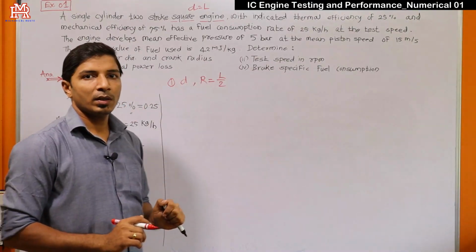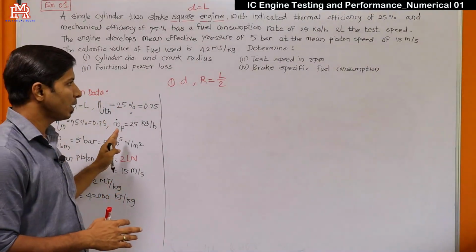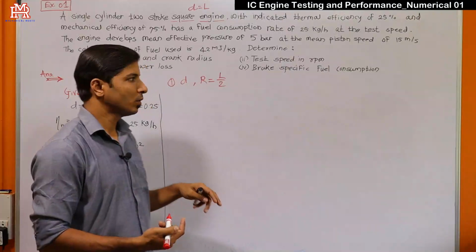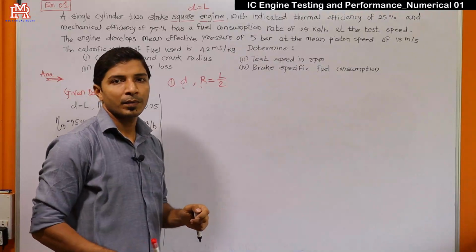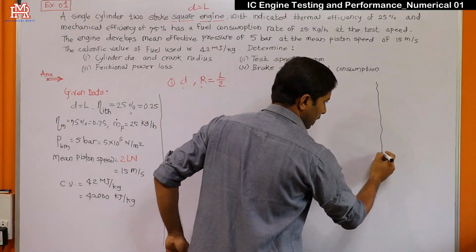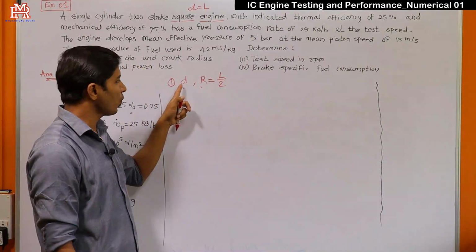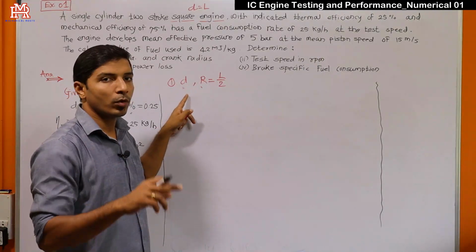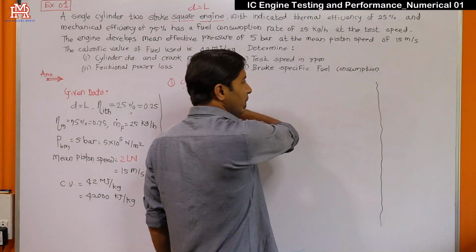Now you have to think about the second thing. First we have written the given data. Now you have to think which formulae will have these terms D and R. If you remember the last lecture or last video, we have one formula which consists of area, and we know that in area we use the formula pi by 4 d square. In that case we will be able to find out d.